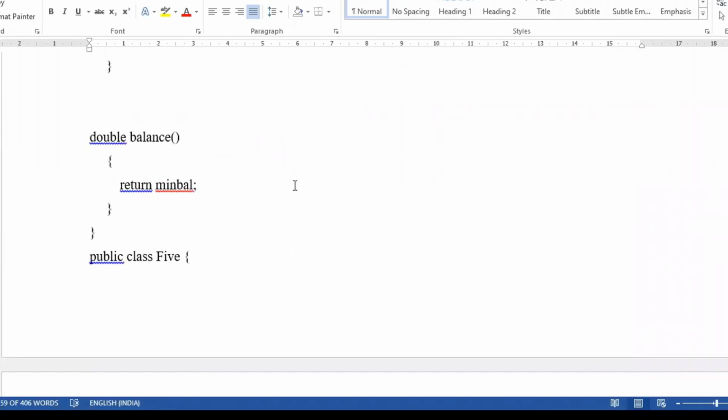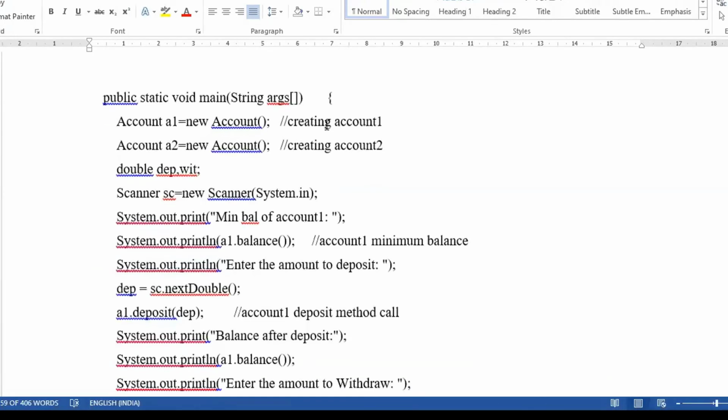So I wrote a method called checkbal, and here there is a method called balance. This is your main method. Here they are creating two accounts, and two variables, one to store the deposit amount and another to store the withdrawal amount. A Scanner object has been created.